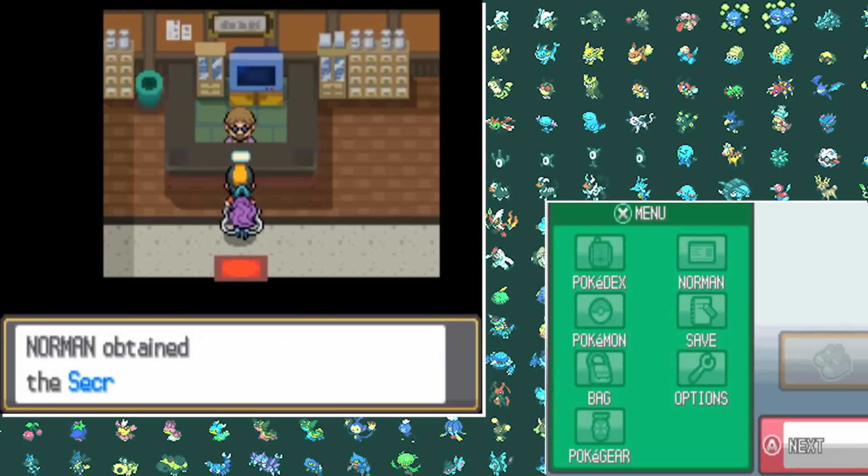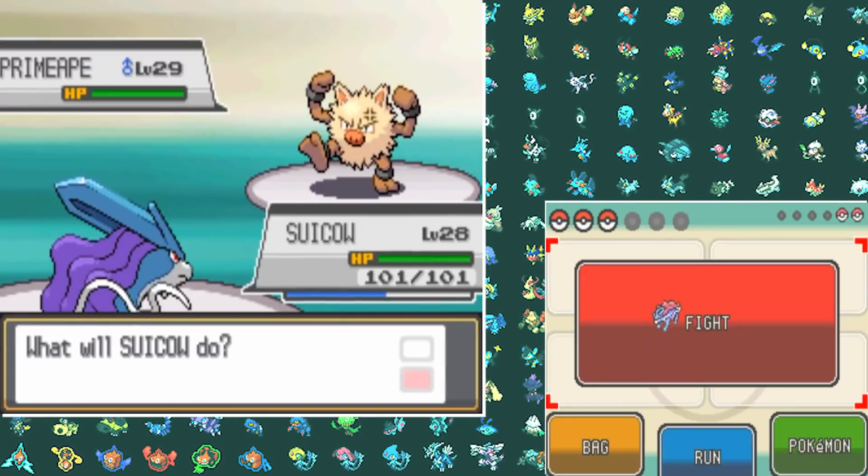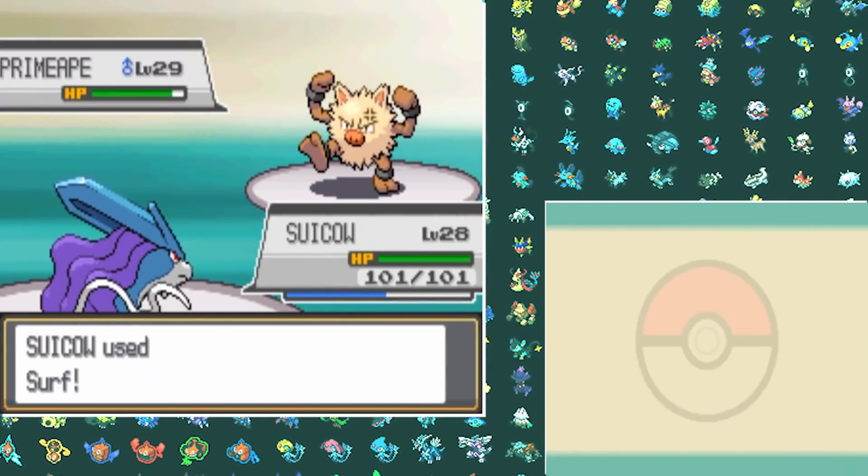Go to Cyanwood to grab the secret potion, and after that we go to Chuck E. Cheese. I mean, just take a look at Chuck himself. He does seem like he's eating a little bit too much of Chuck E. Cheese, right? Well, Chuck's first Pokemon is of course a Primeape, and after I hit it with a Surf, it